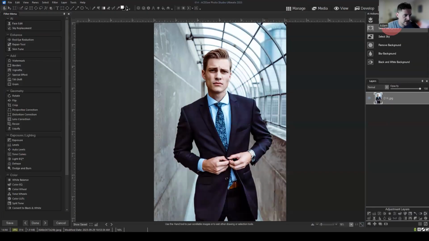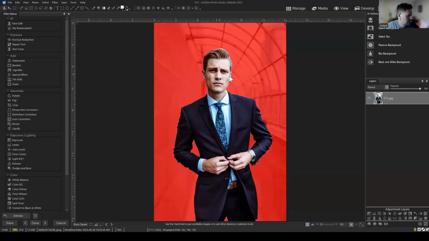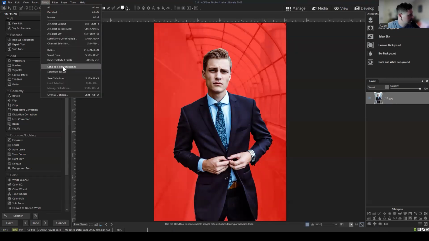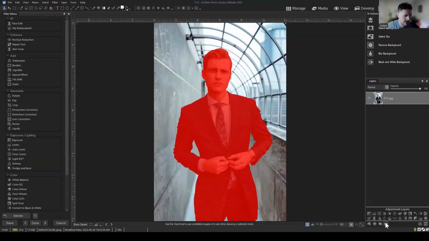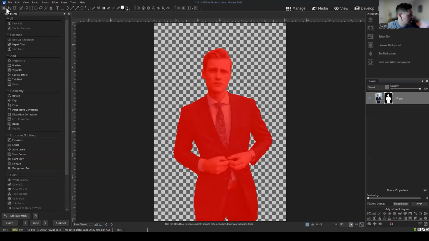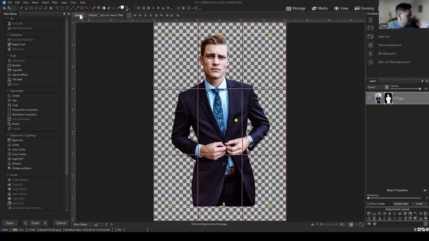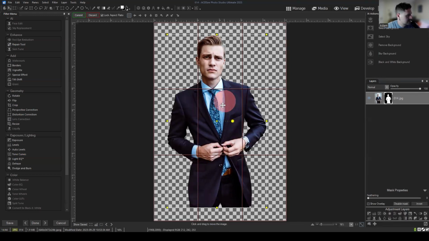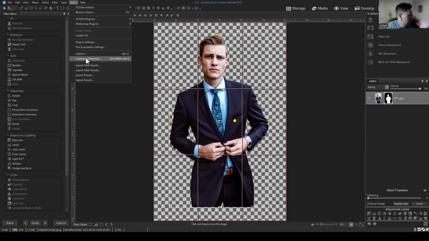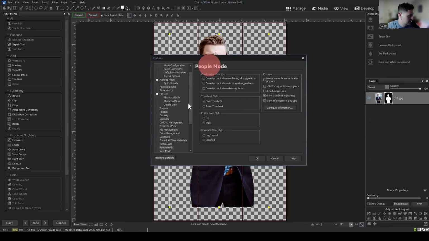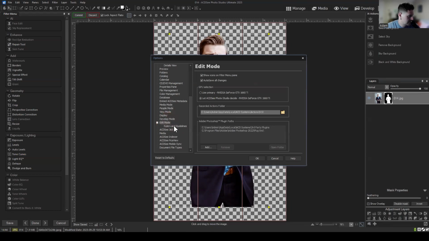Okay, so let's see if we can select a background here. And then we just want the inverse of that. Select inverse and make a mask. And then we want to move. And so the question is, how do I auto commit using this? Okay, let's find out if there is one. So this would be manage mode. Oh, sorry, this would be edit mode. And then we're asking whether or not we can